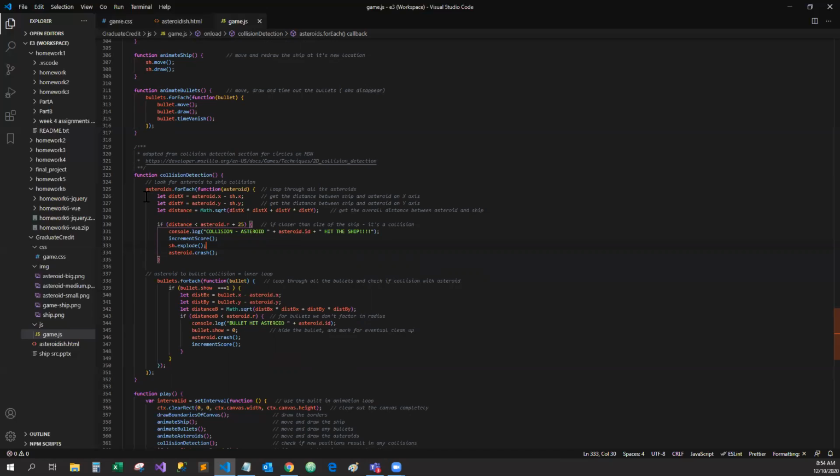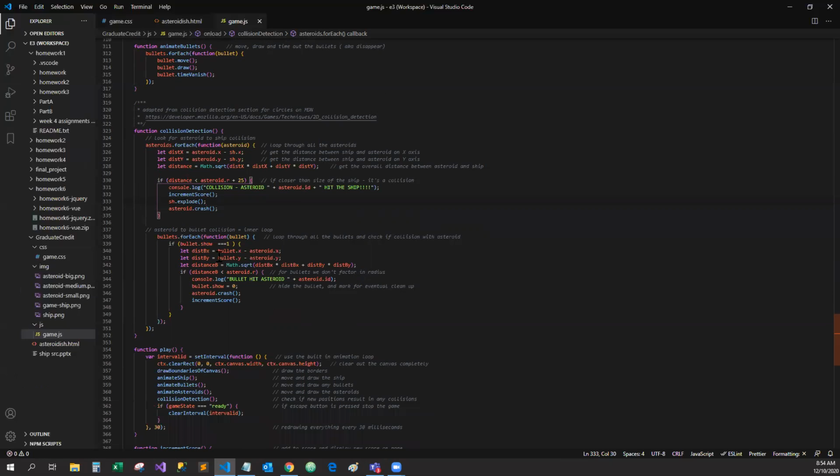So then, after we've checked if the asteroid has crashed with the ship, we do an inner loop through the bullets and check to see if the bullets are still visible. We're not going to apply this if the bullets are not still visible. We're going to apply the same collision detection formula for each bullet, although we're not going to take the radius or the size of the bullet into account. We're just going to use the exact XY vector